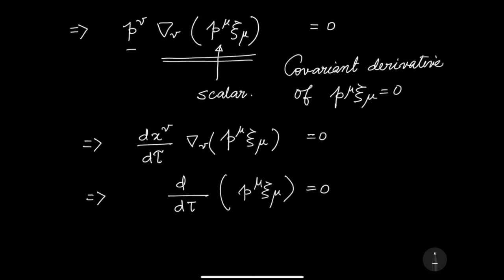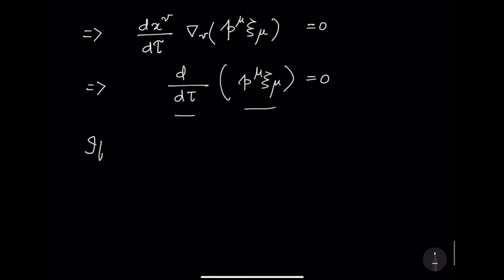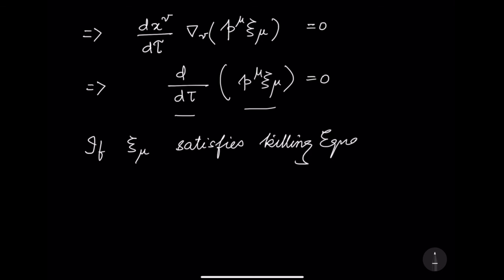All our statements are written in terms of covariant, but here particularly the derivative is with respect to a scalar of a scalar. It's the simplest derivative that you can have. And what it is saying is, along the geodesic, if you have a Killing vector, so if xi mu satisfies the Killing equation, then